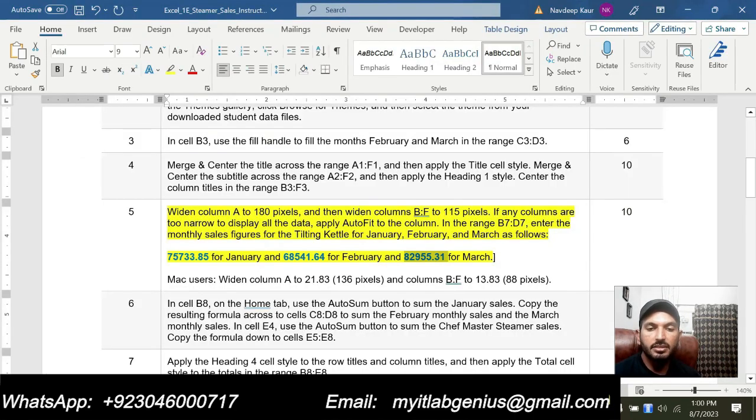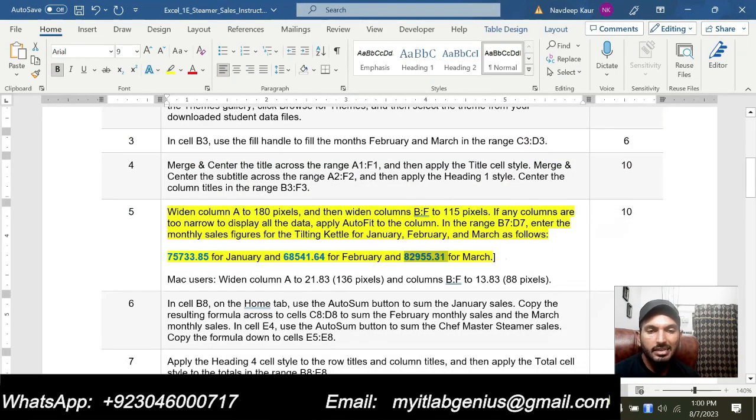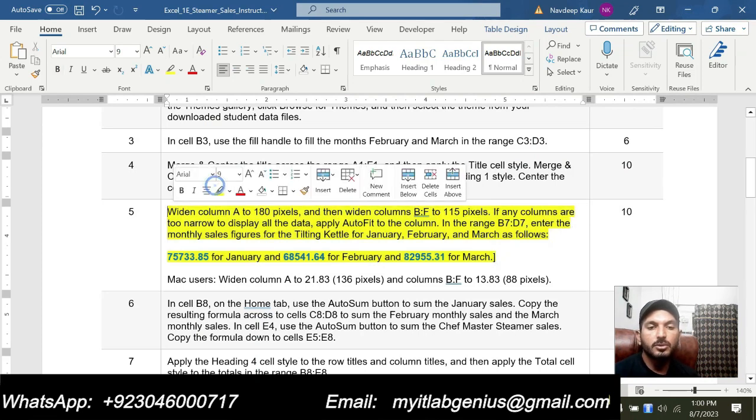So I have entered the values or figures given for the Tilting category, and that is all about step number 5. So we have completed 5 steps of this assignment.